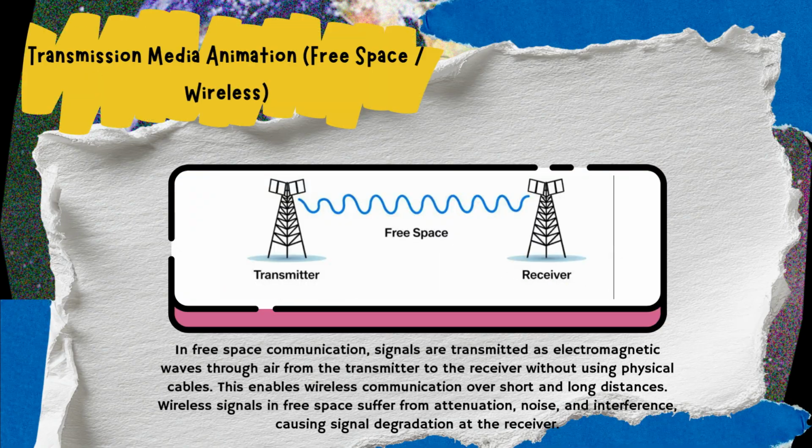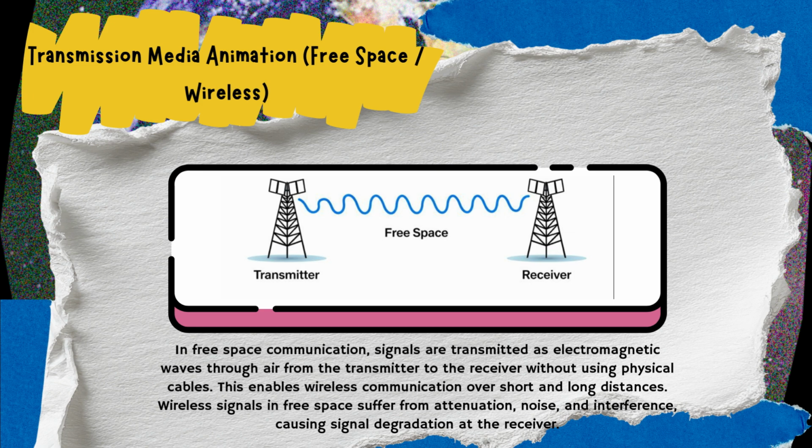This diagram illustrates free space wireless communication, where signals are transferred through the air as electromagnetic wave. The transmitter converts electrical signal into electromagnetic wave, which propagates through free space and is received by the receiver antenna. Free space communication does not require physical cable, making it suitable for applications such as mobile communication, satellite link, and